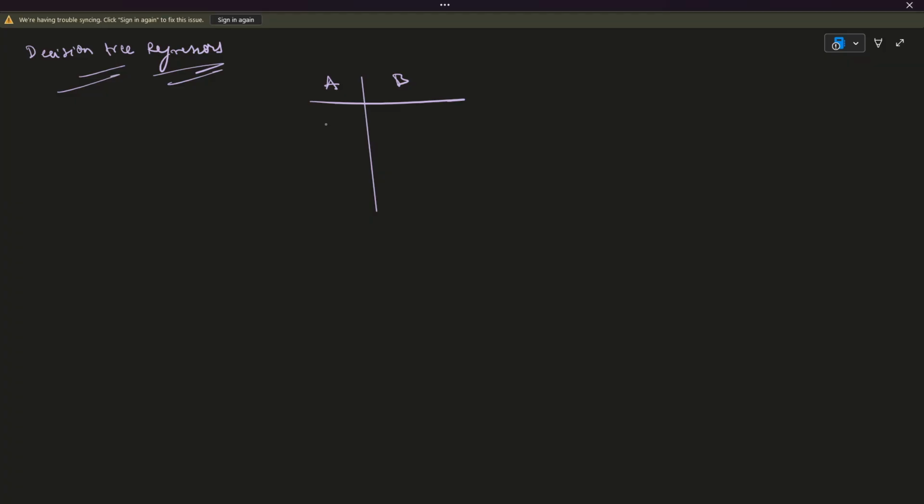This is our column X and Y, interpretable. X, Y being of course our predicted column, or sorry, target column. So the values here, let's take it as